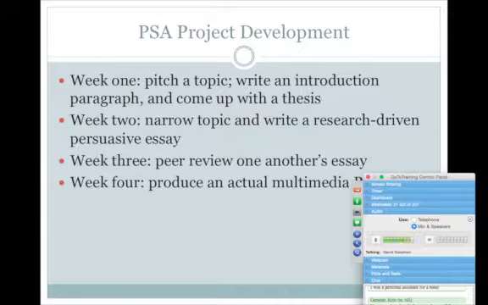But then when we get to week 4 is largely empty. There's a go-to session, there's a quiz you'll need to take on that go-to session, but otherwise you have week 4 completely free to work on your final project. Week 2, we'll continue improving your topic if it needs improvement, and then you'll actually write an essay. There's only one essay in this class, so you're not going to be writing essays every week.